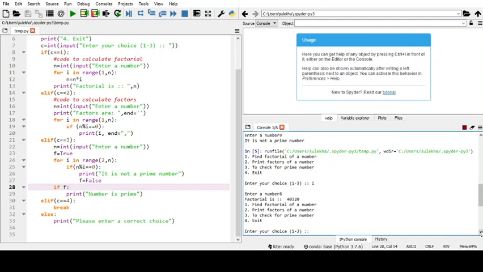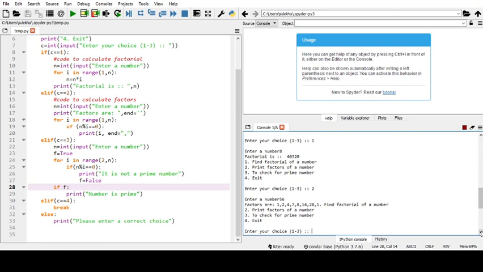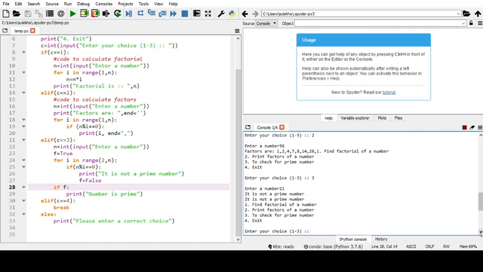Again, the menu has been displayed in front of you. 2, let's say 56. So factors. Fine. And after that again your menu has been printed. Now this time 3. So enter a number, let's say 21. Again it is not a prime number.